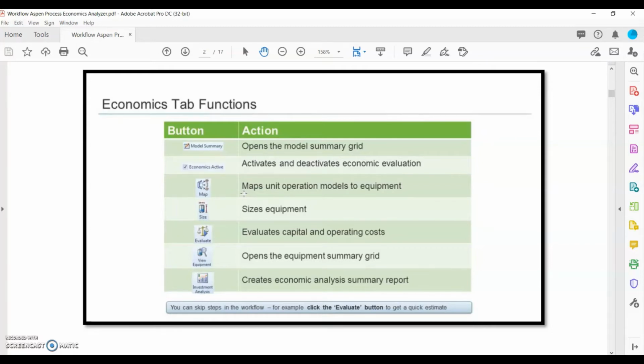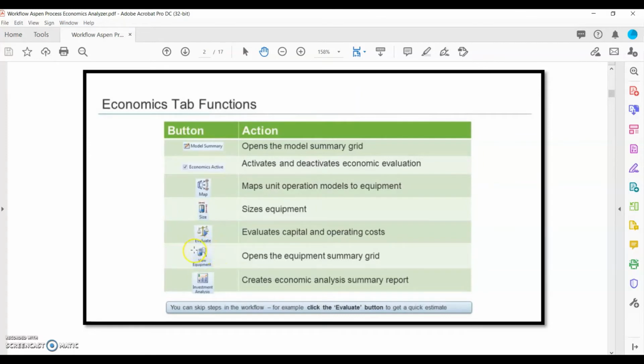After mapping is done, APEA will select the type of equipment. And then size is where APEA will do a sizing of that equipment. And then evaluate is where the capital and operating cost, based on the equipment that is already selected and sized, APEA will perform all the calculation.